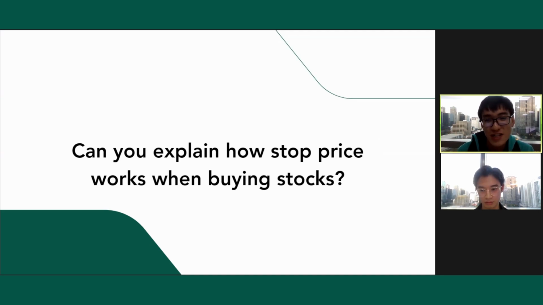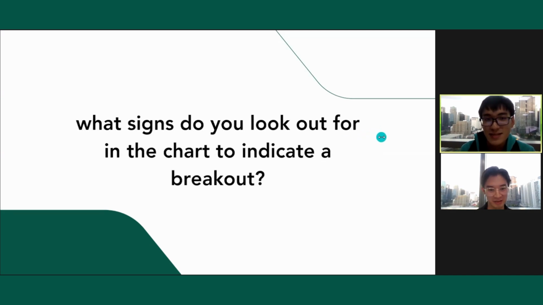So that's where stop prices come in. You just set the stop price at 30. Then if the market price hits 30, even if you're not watching, as long as your order is already set, you'll still be able to buy the breakout. So that's how stop prices work. How about you, Franco? Oh yeah, you explained it perfectly. Yeah, thanks for that, Jared. Okay. All right. Next question.